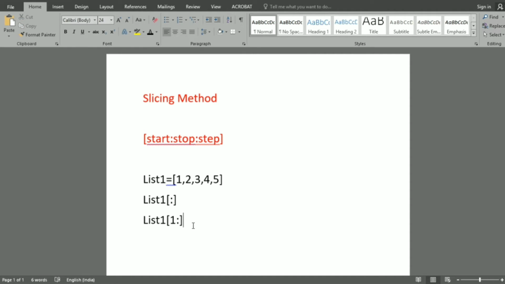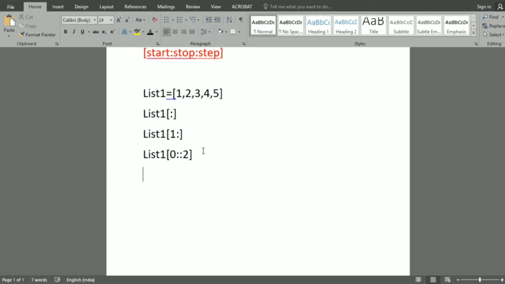Now I want to print the values present at the 0th index, 2nd index and 4th index. I want to exclude 2 and 4, that is, I need to skip the next value after printing. If I enter the step as 2, it's going to print 1 and skip 2, then print 3, skip 4, and print 5. The step is given at the last in the basic syntax, so the step will be 2. This statement is going to print the values 1 3 5 from list1. The empty space is to get the elements until the last.